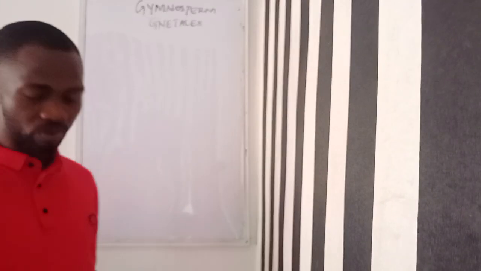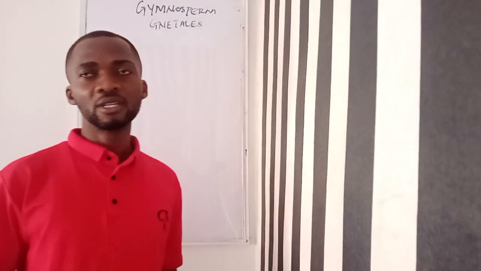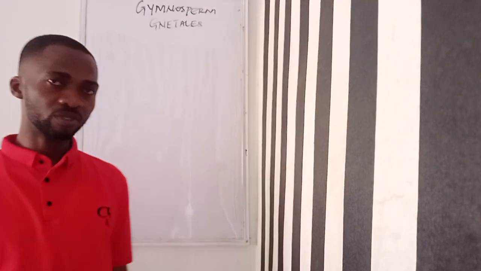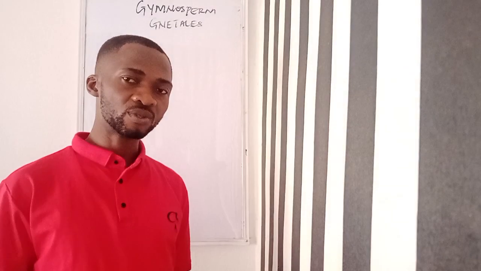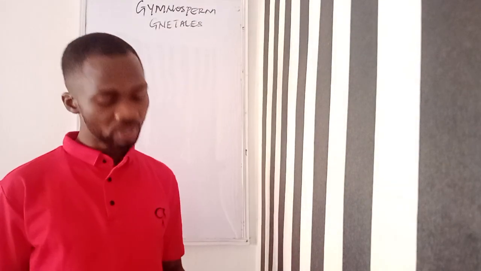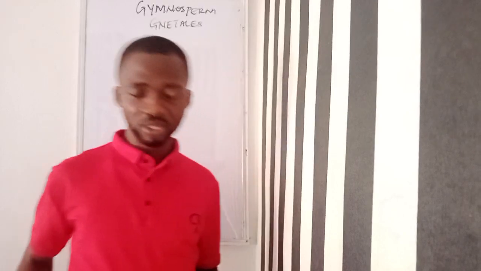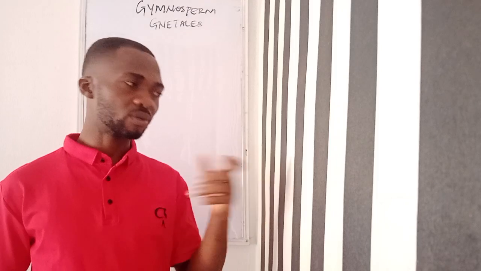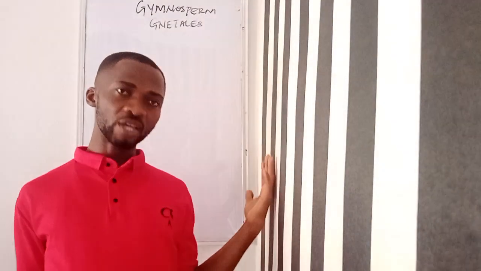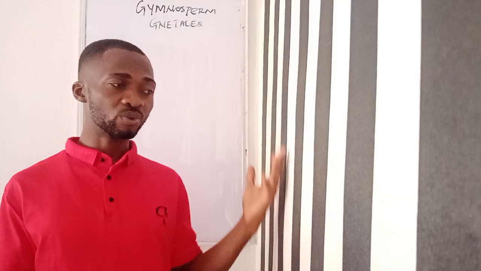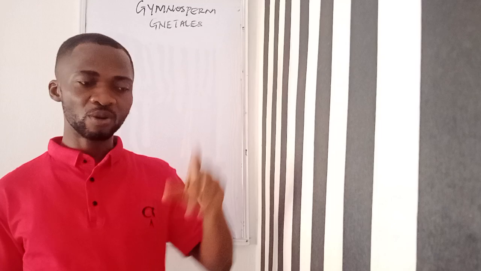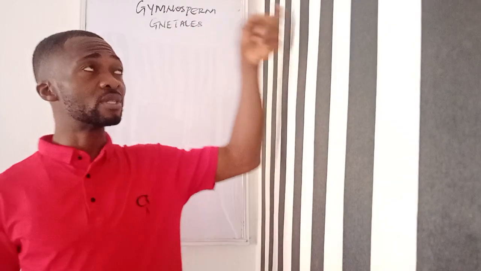Number one, ovules are not enclosed within an ovary, and I've explained this. Just the way the ovules of other gymnosperms are not enclosed in an ovary, that of Gnetum is also not enclosed in an ovary. So this is a gymnospermic characteristic of Gnetum. Then another one, the pollen grains are lodged directly on the ovule, and I've explained this. Since the carpel does not have stigma, style, or ovary, the ovules are exposed. The ovules are exposed and are borne on the two margins of the carpel.